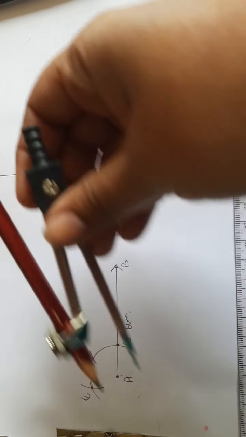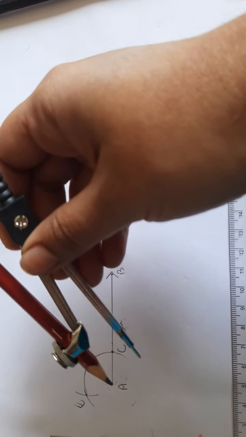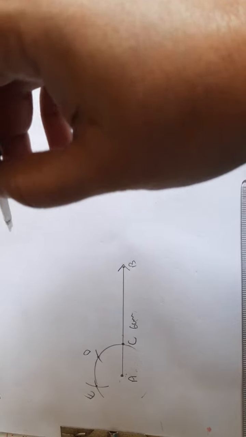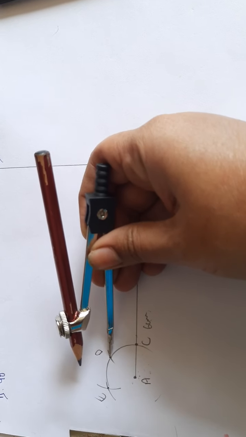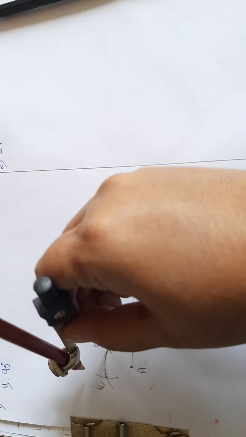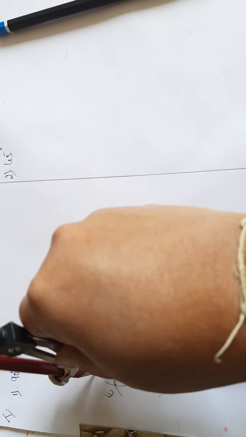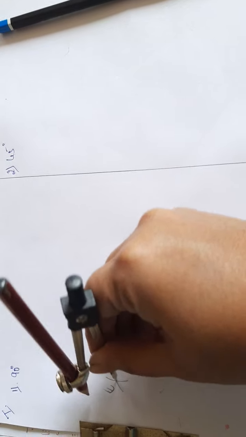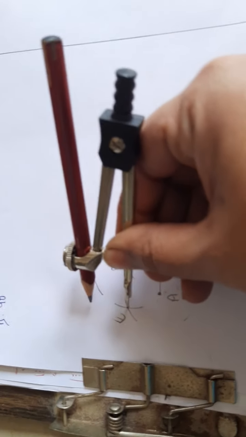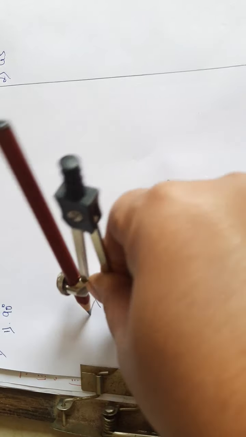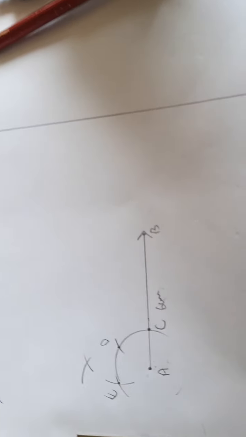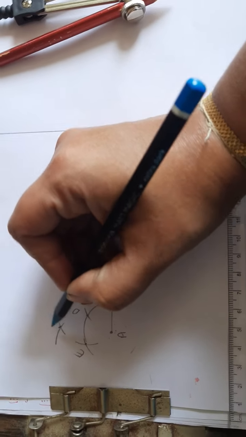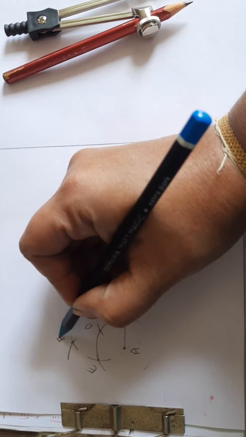next what we need to do is, children, again don't change the measurement of the compass. Same measurement as ED, CD, AC. This point D is there, no? Keep the compass pointer at D and cut an arc. The same measurement, keep it at E. Look, keep it at E and cut an arc. Now both the arcs are meeting or coinciding at one point, children, and I am labeling it as F.